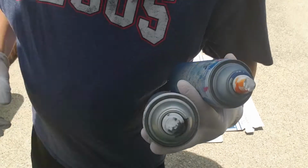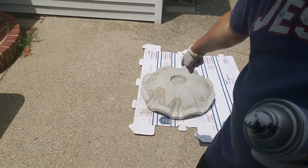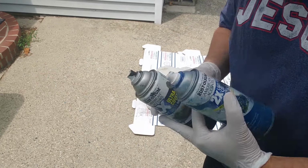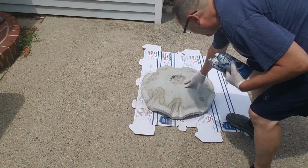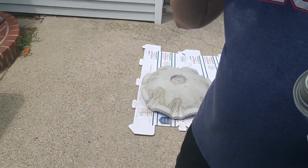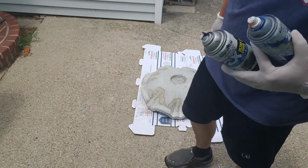Alright, everybody, as you can see, I flipped it over. This is the flower top. I'm gonna use, like I said, the black and the deep blue underneath. I'm not gonna get real critical, like I'm not gonna go all the way up into here. I'm just mainly gonna try to do the edges to where you can kind of see it under there, you know what I mean? And then I'll use clear coat up in here. So